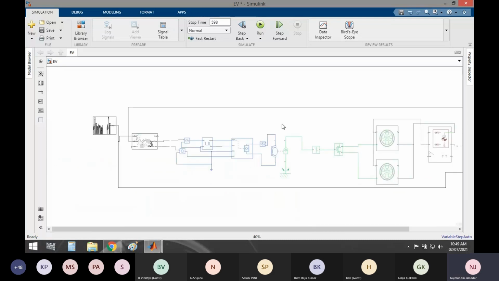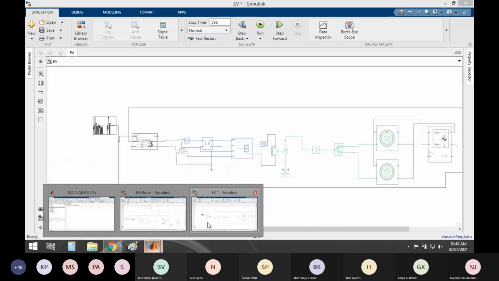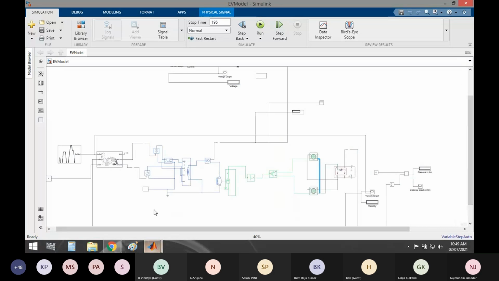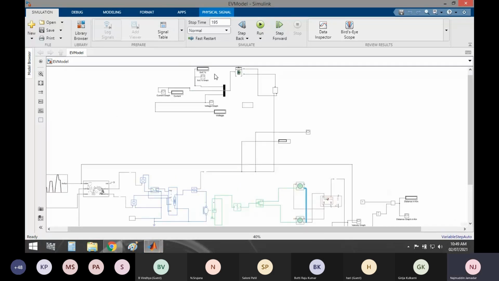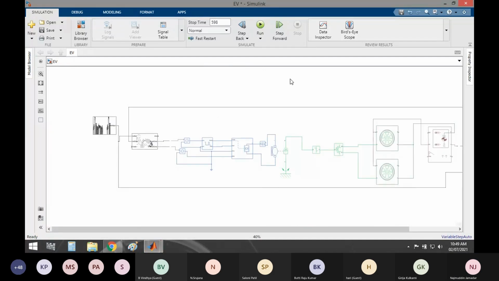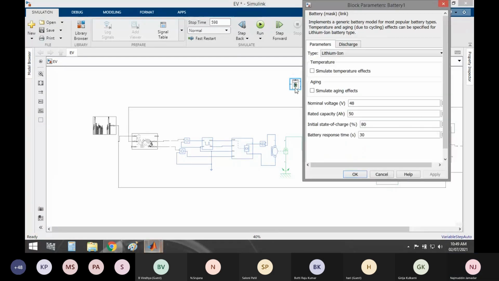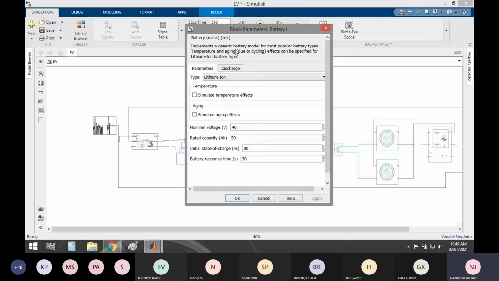Now I want to connect a battery. It's a battery. Here you can set any kind of battery type: lithium ion, lithium cadmium, lead acid, nickel metal hydride, anything.